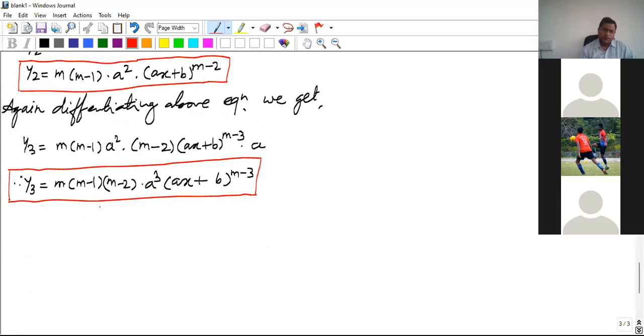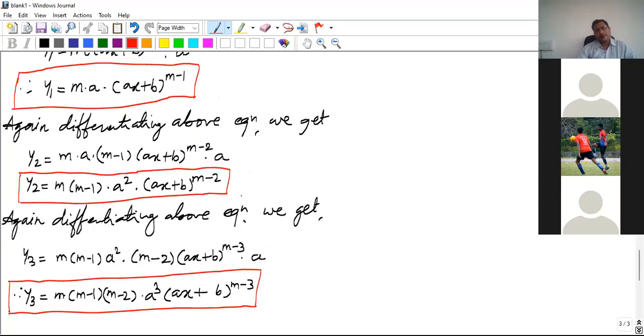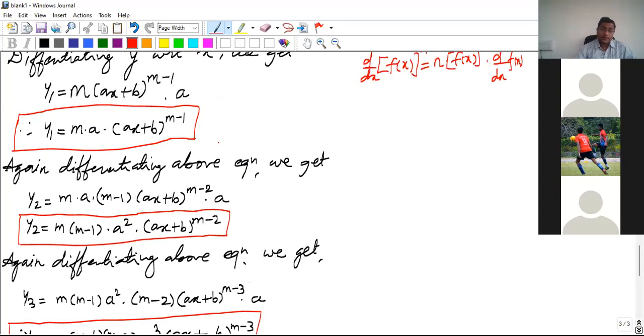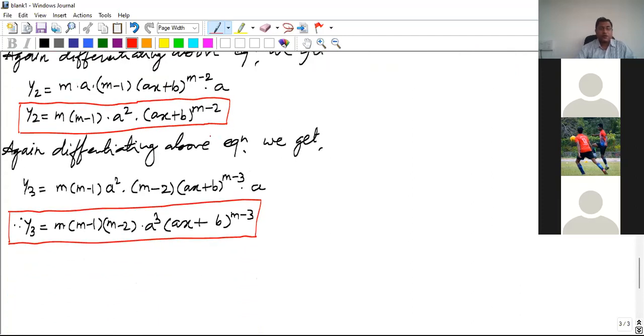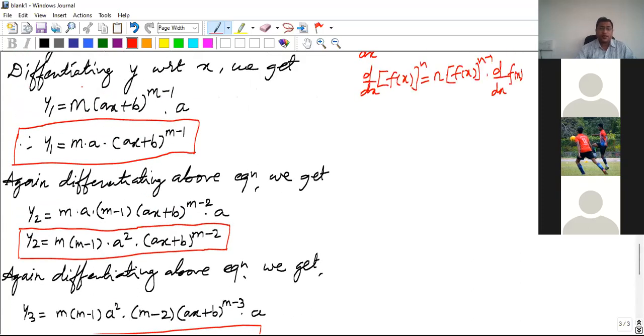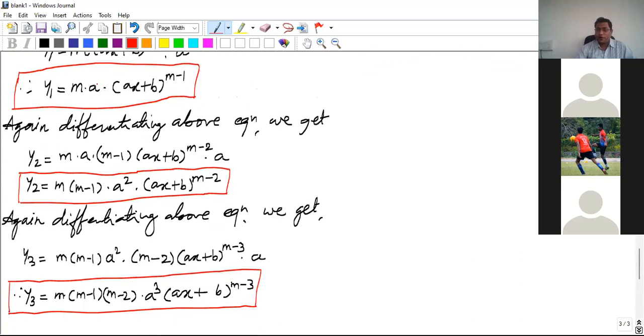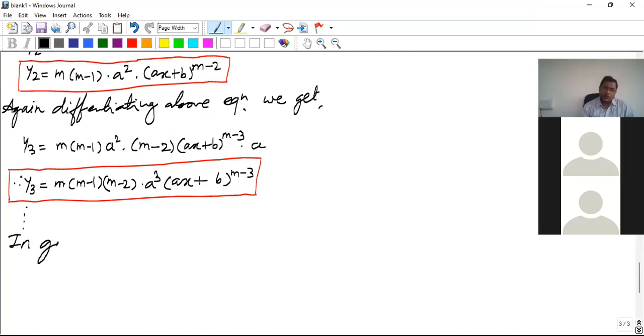Now, if we go on solving, are you able to see the pattern, or are you able to generalize this? Okay. If you are able to generalize, then it's okay. If you are not able to generalize, then we have to find a few more derivatives. So if we proceed in this way, in general,